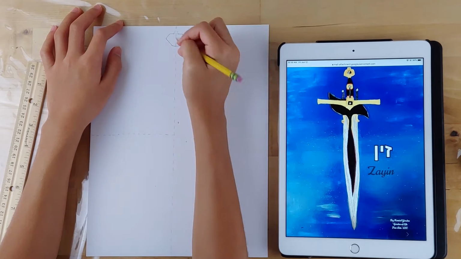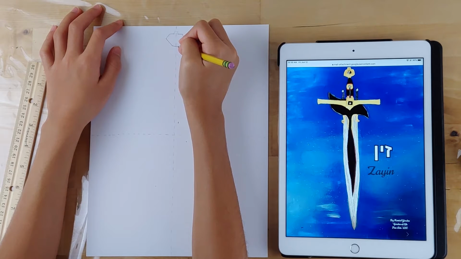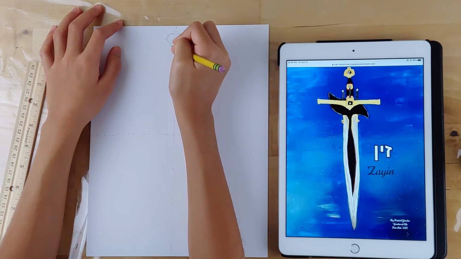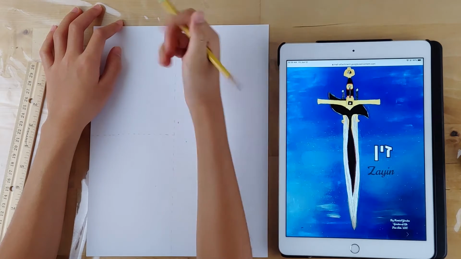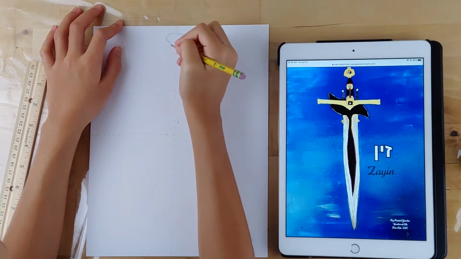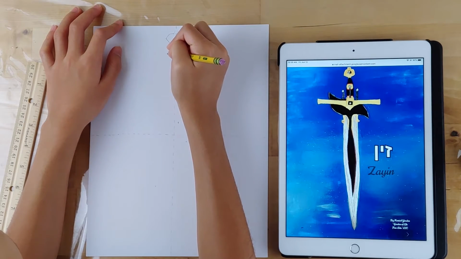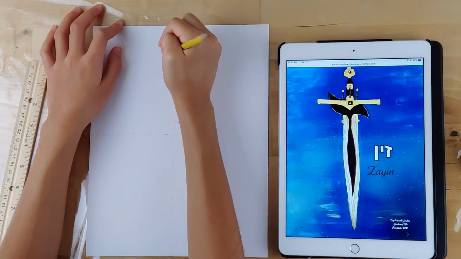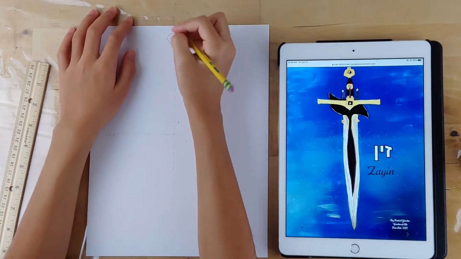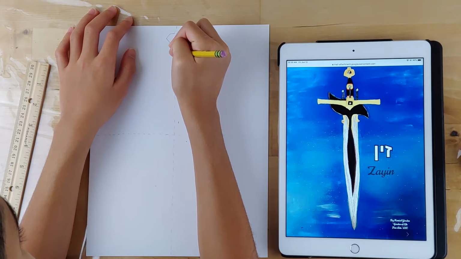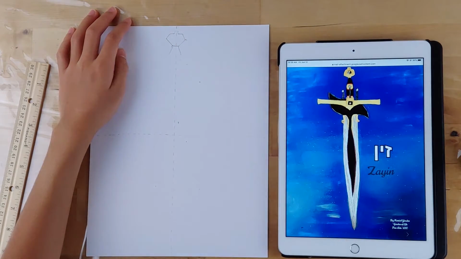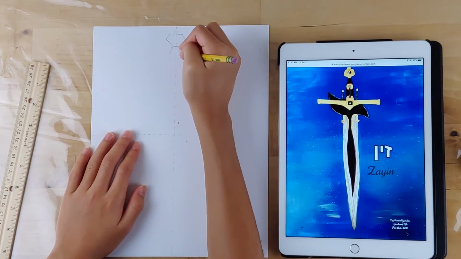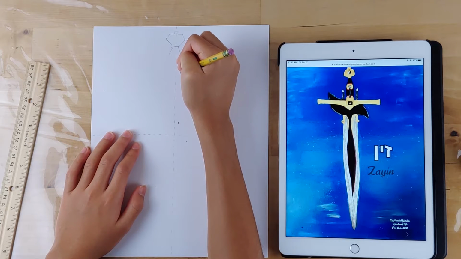We're going to continue on with the sword. So we're just going to go out at an angle. Not too long of a line. We don't want it too long. Then we're going to go straight down.